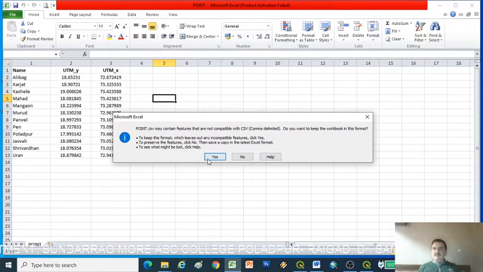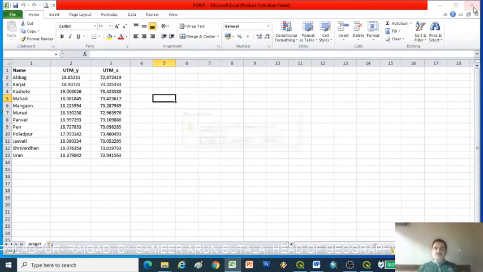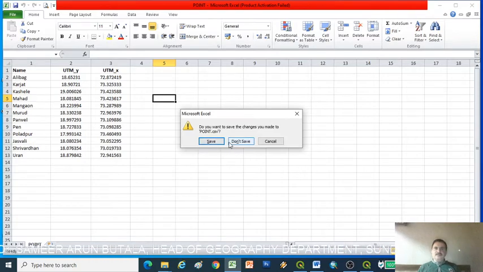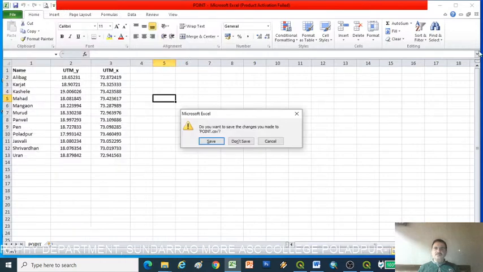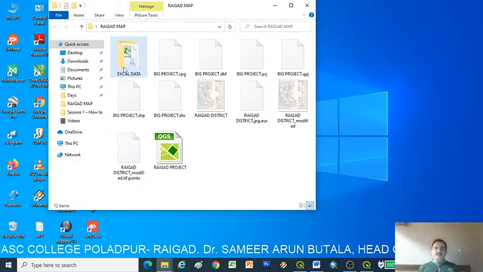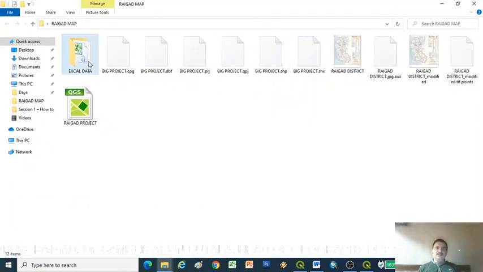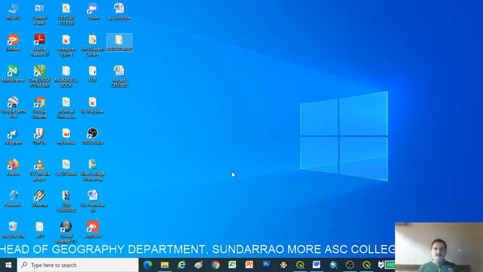The file will be saved; just close this file, and don't save again. Now we have the CSV file. So this is our Excel data file, and the point layer is here.